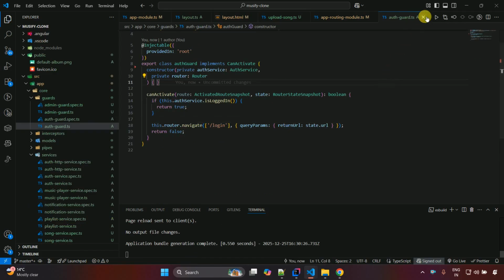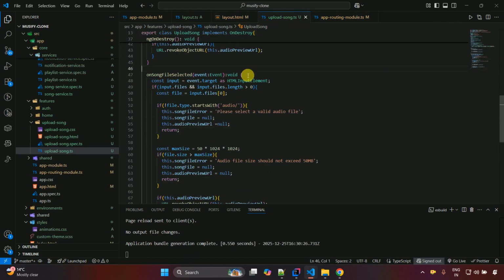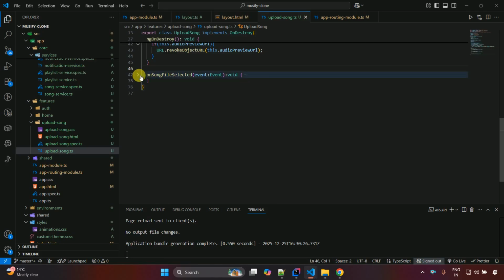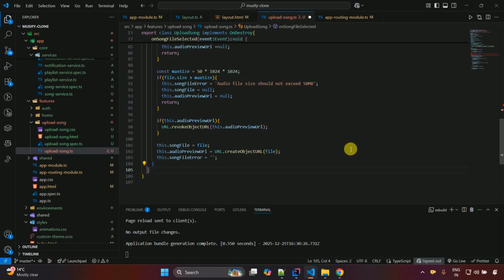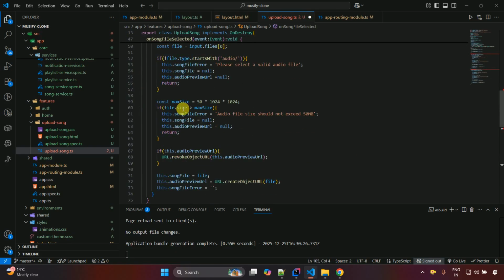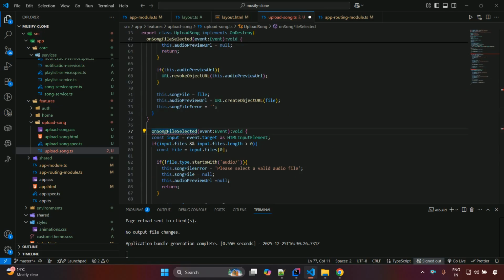So this is the method which is related to uploading the song. Okay, and now I'm just going to copy paste the same lines of code whatever we have written inside this one, and paste it over here, and we are going to do the modification in this particular method. Because both of the code are almost same, so I'm just going to change here on image file selected, and the const event target will be same, file will be same, length will be same, and file type will be, and here we have to just change that to image, and then